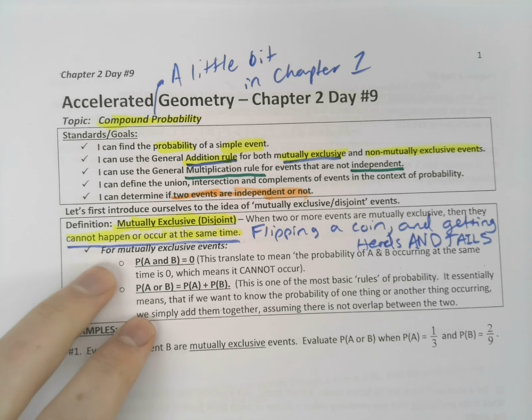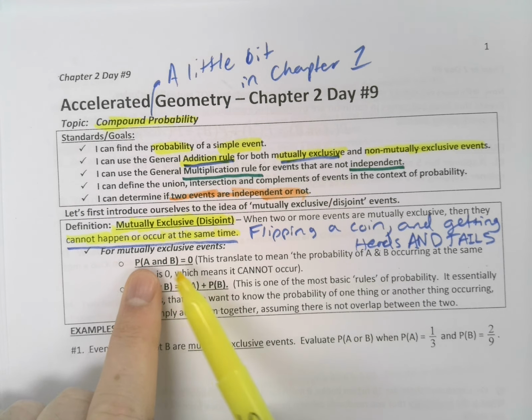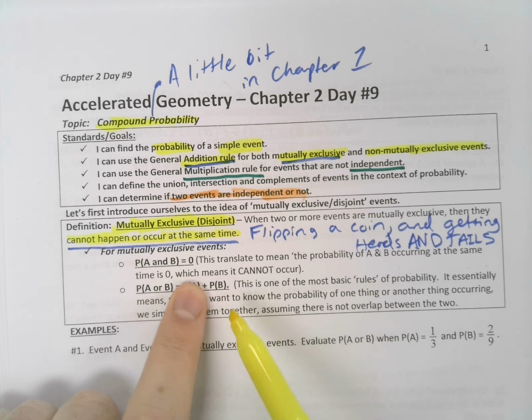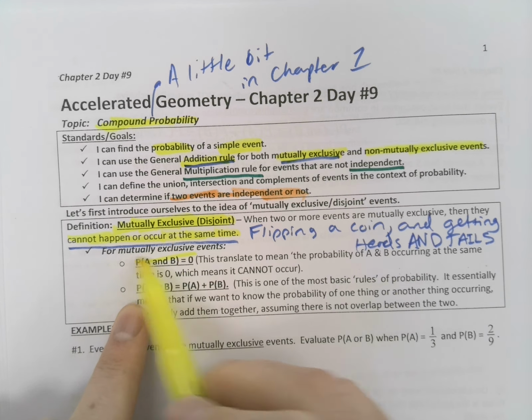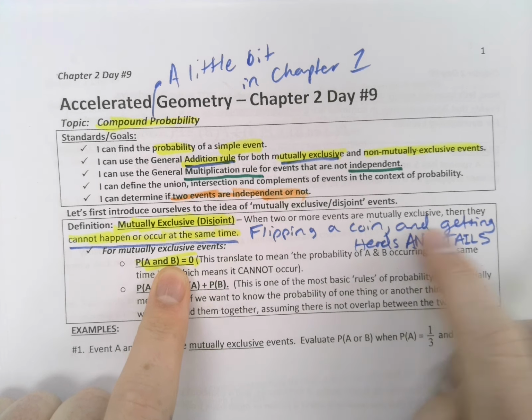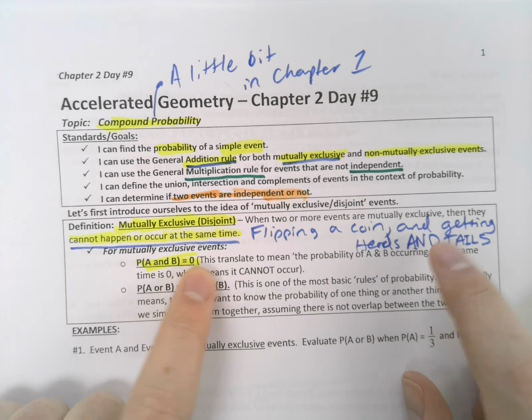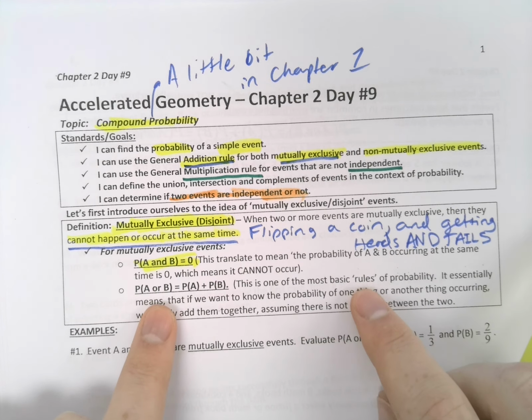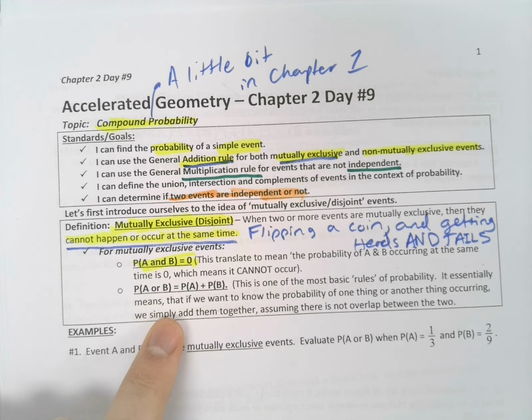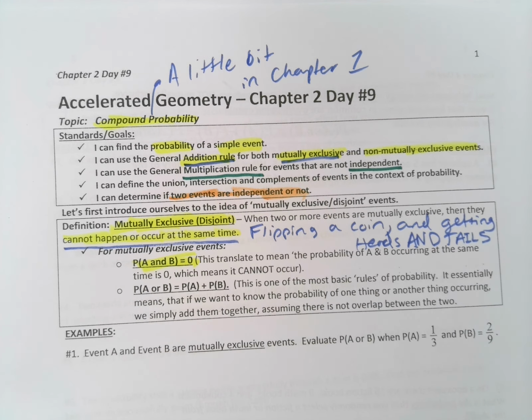Now check it out. We've got two things here. For mutually exclusive events, the probability of A and B happening at the same time is 0. So in other words, if we flip a coin, the chances of getting heads and tails is 0. Cannot happen. Now, if two things are mutually exclusive, like the probability that we get maybe a zoo situation, where you go to the zoo and we say, hey, what are the chances that we run into the lions or we run into